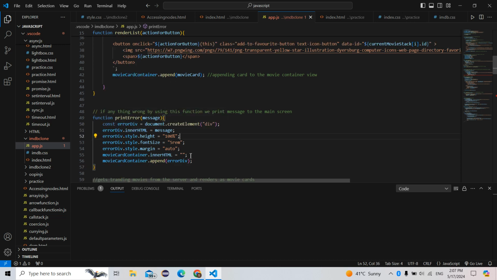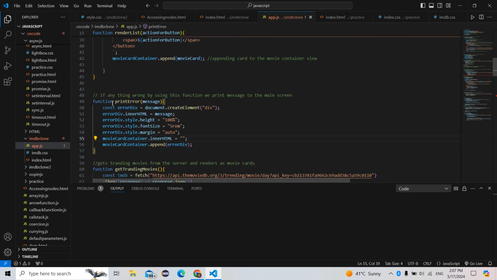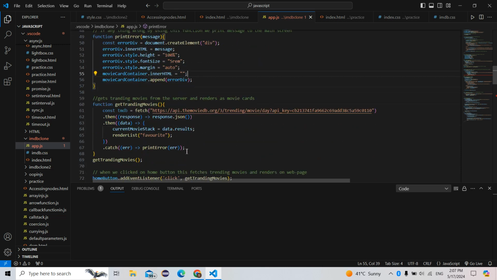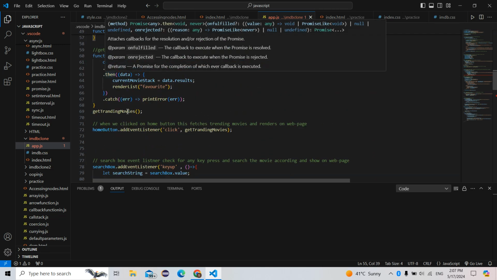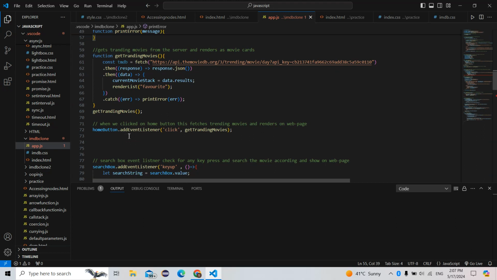If, for example, while fetching any movie from the API, anything goes wrong, this will print a message to the main screen. So this is the print error function that I've created, along with the message that we will be getting from the API error message. So this is the get trending function. This is coming from line number 72, that is the add event listener. On clicking on the home button, it will call a function, get trending movies,